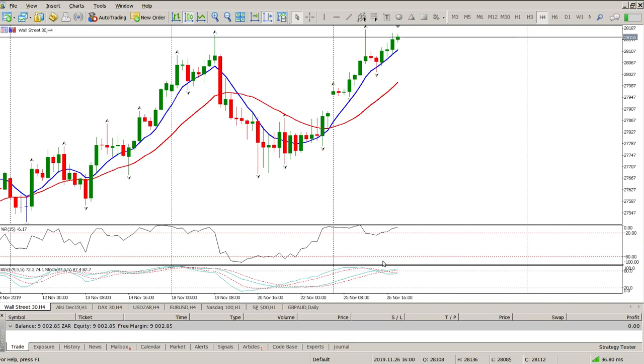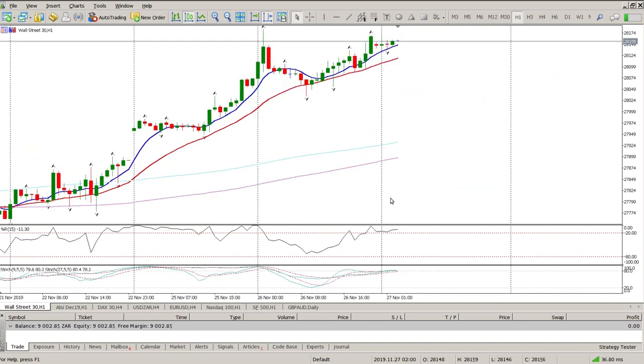And they are grouped to the upside. We don't really have divergences. We've got a grouping on the hour, and we pretty much have divergences from those two fractals, but I'd prefer to see something between these two fractals. Okay, so nothing is, we're very overbought, so not only ready to be long, I want to see a pullback